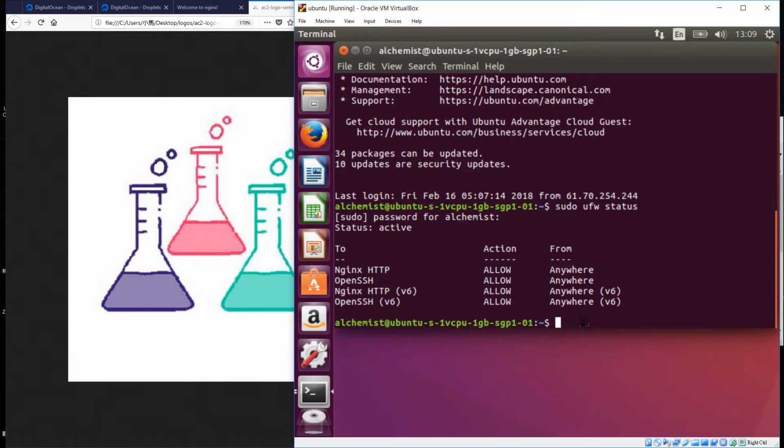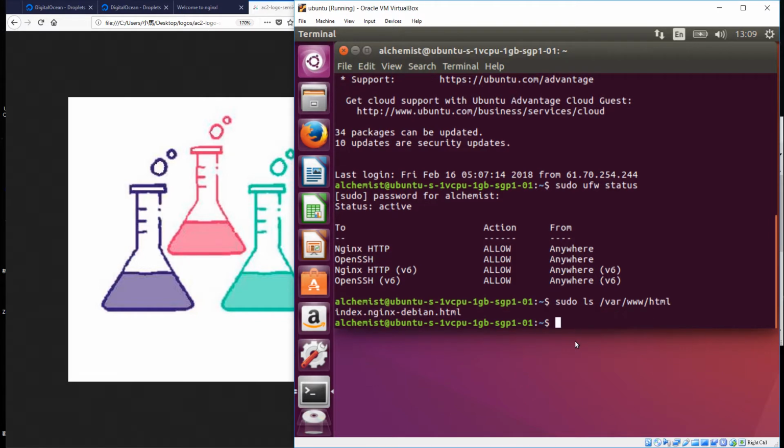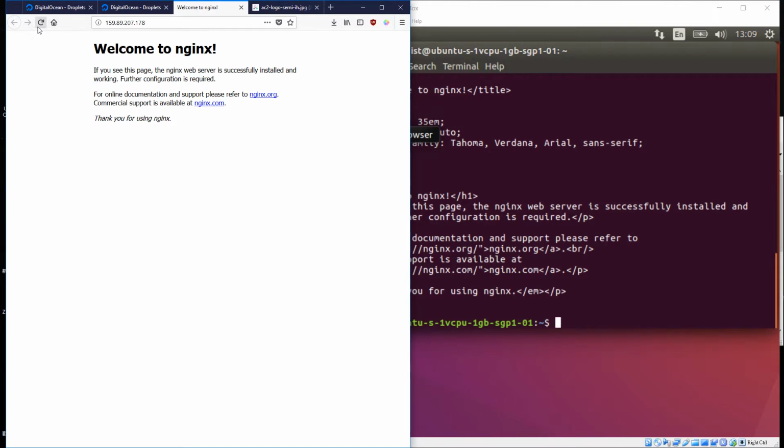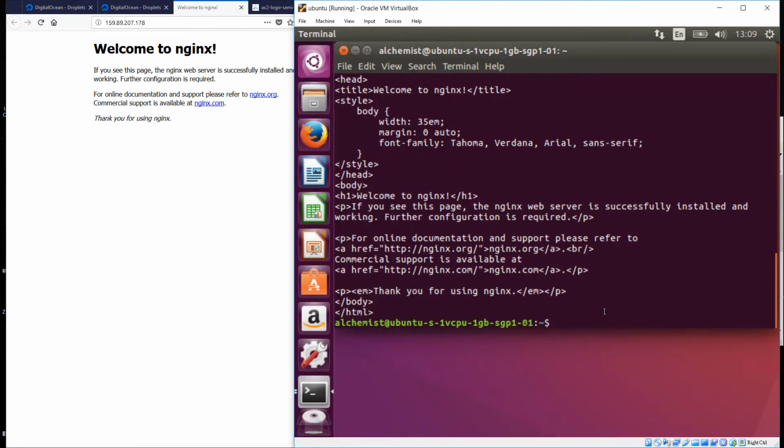By default, Nginx serves everything up in /var/www/html, and we can look at that right now. I think that will require sudo though. var/www/html, and we can see there's an index.html there. We can look at that. And it's just this super basic site, and actually that's what you see if you load the URL of this server. So what we're going to do is leave that default in place, but then set up